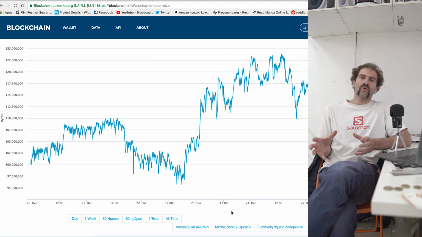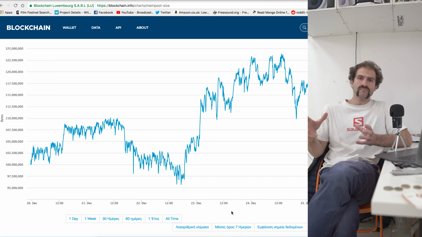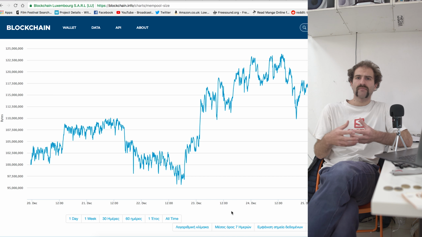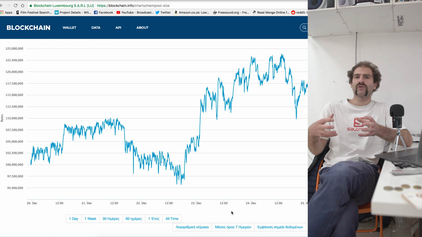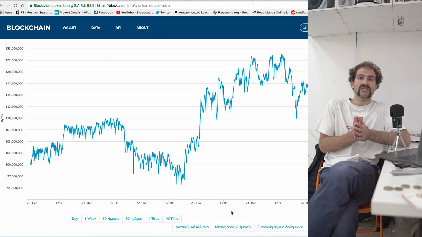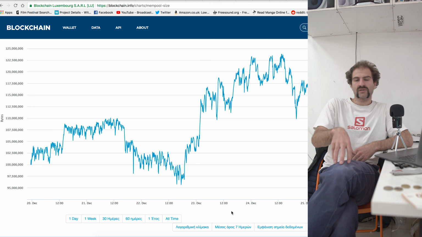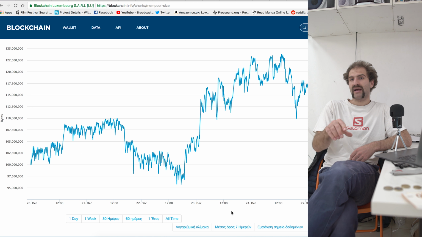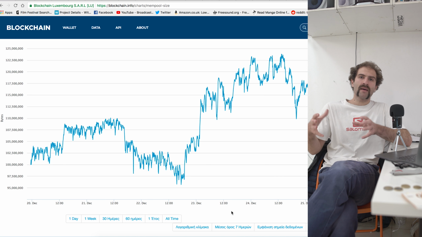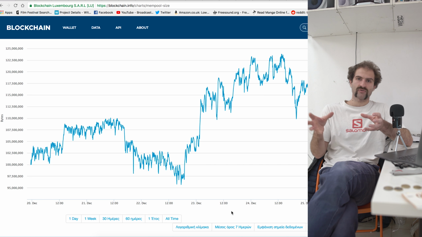So the more people that are buying Bitcoin or sending Bitcoin, the bigger the mempool is going to grow, because there's only a certain amount of transactions that can fit on each block. And that is what is taking us to the second step: the miners are going to choose the transactions that have bigger transaction fees, because you can imagine the mempool, which is the place that everybody gathers their transactions,